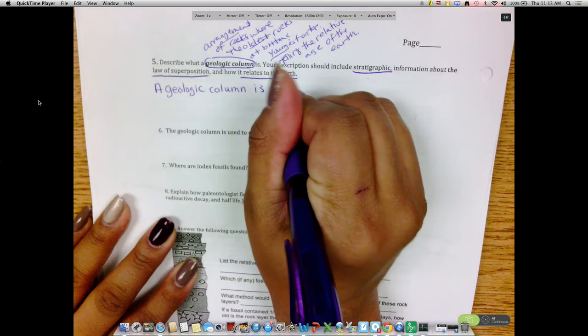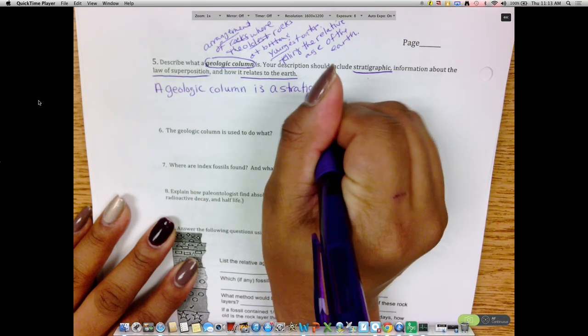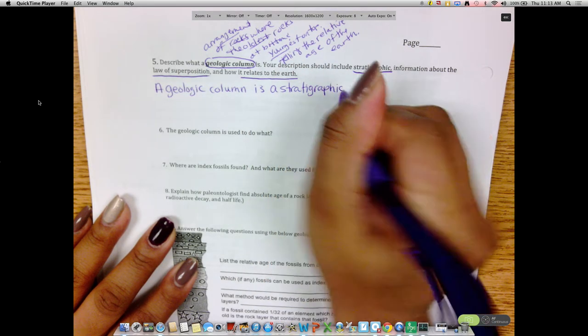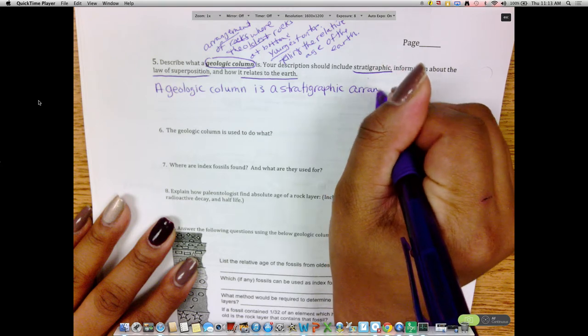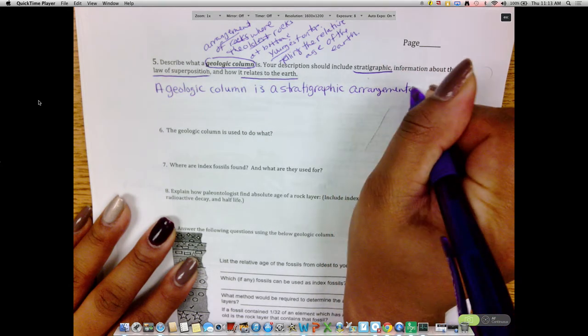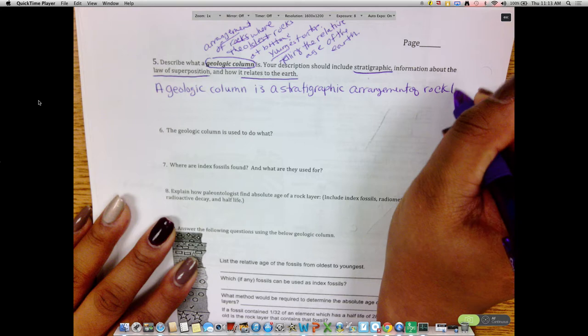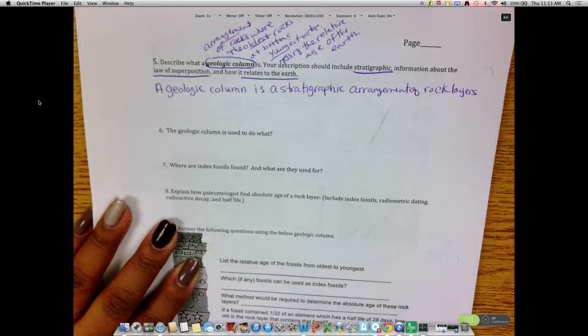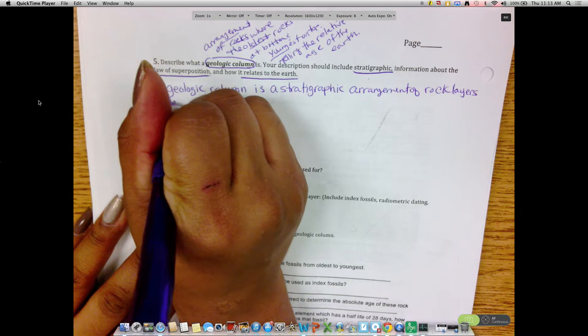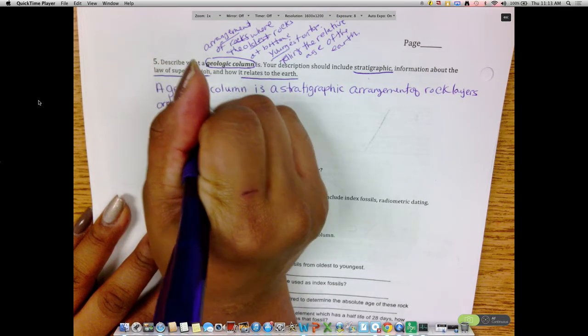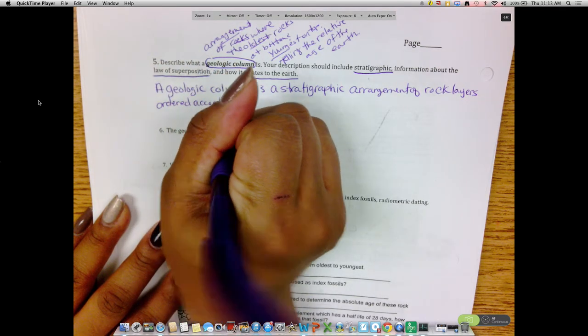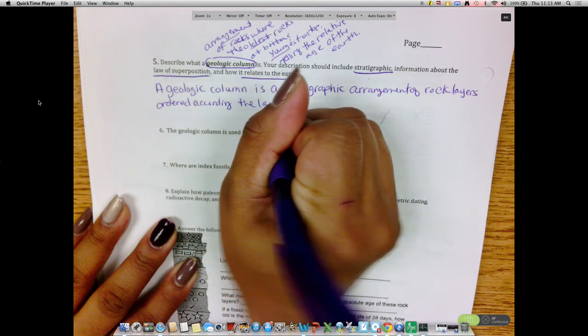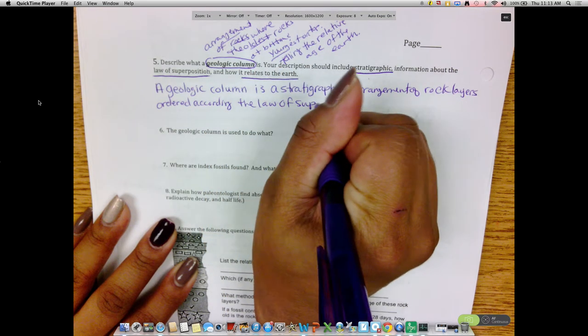It's a stratigraphic arrangement of rock layers ordered according to the law of superposition,